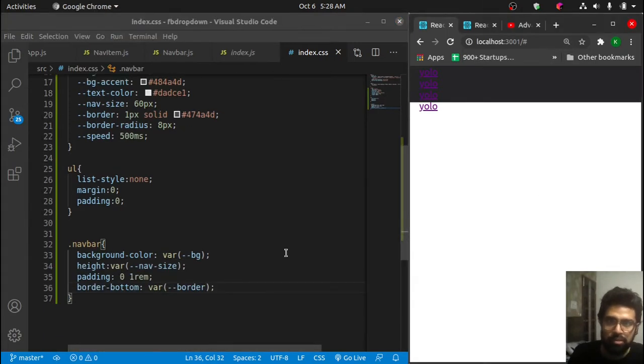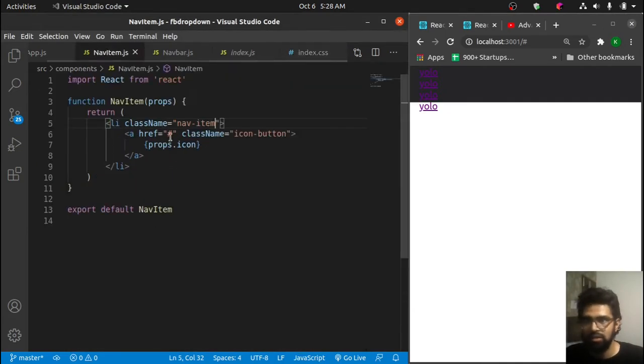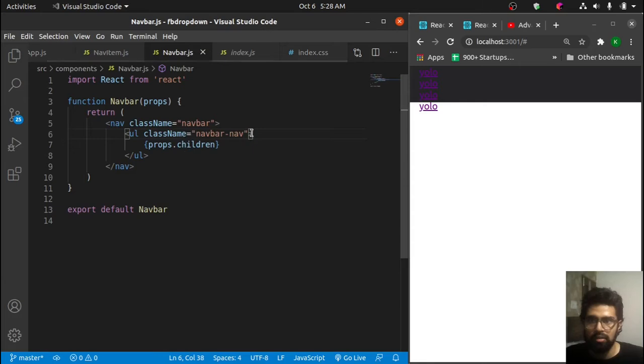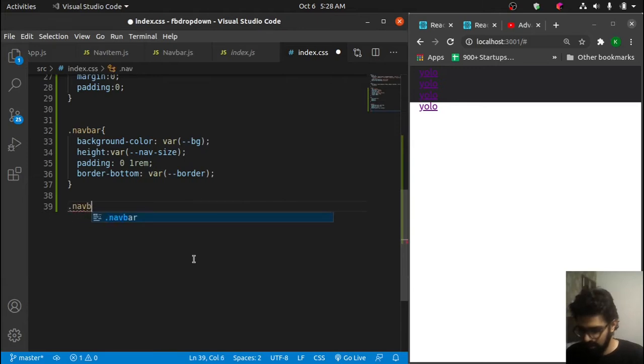So our page is going to look something like this after this. Now, inside this navbar we have this navbar-nav class for all the UL tags. So we will be designing this. So .navbar-nav, and